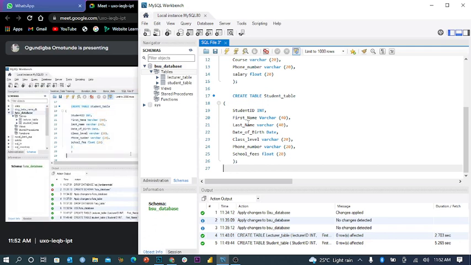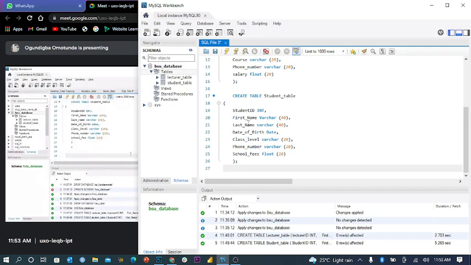Please, for those of us that are just joining, I told us to get our notes for jotting, so we won't forget these things. Because when you don't write stuff down and you don't practice it, you tend to forget it easily. So it's better for us to get our notes. When we keep practicing, we get accustomed to the codes and the syntax that we use. So now we created a table for the lecturer, created a table for the student.